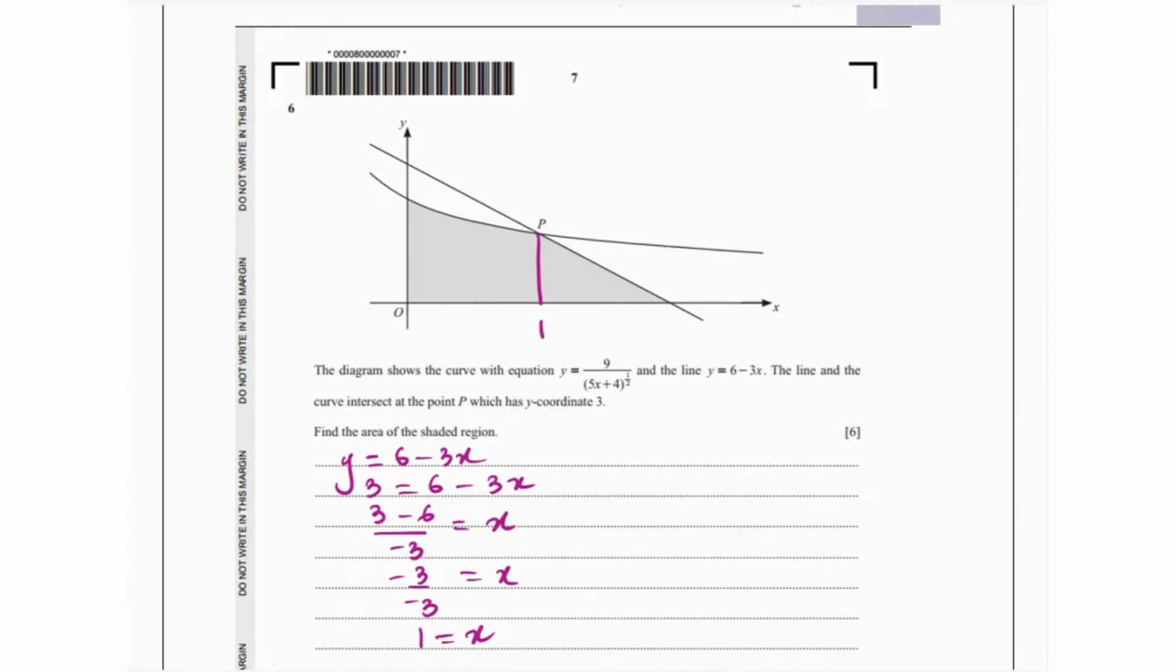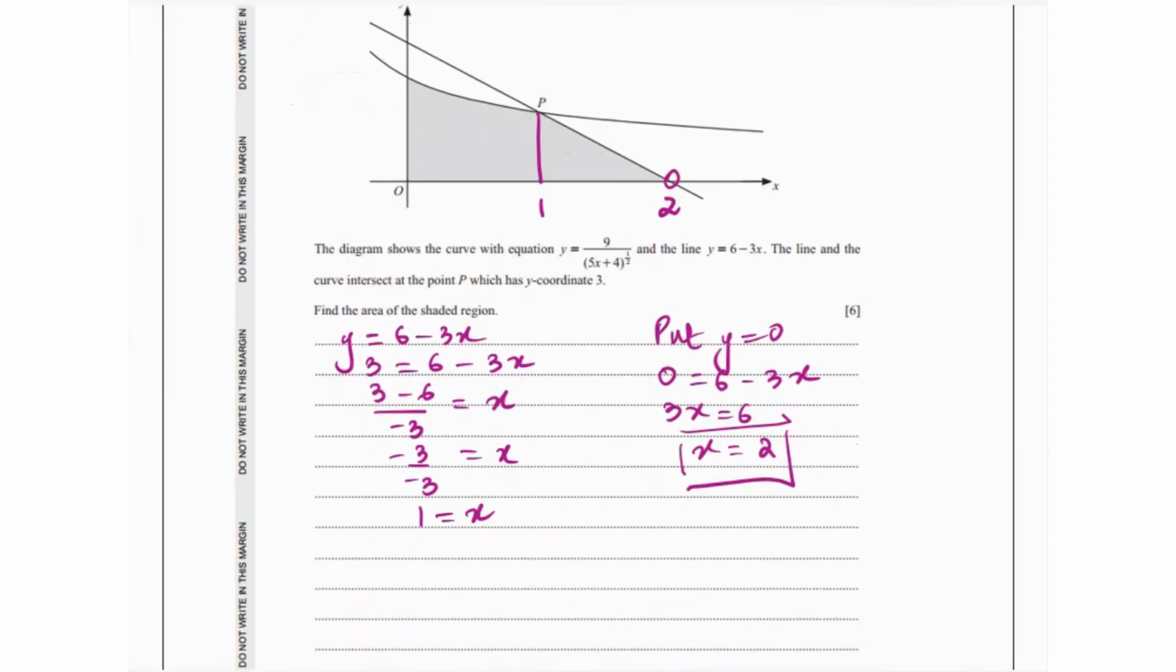And as we know, the line is passing through the x-axis, so we can find this point by putting y equals 0. So 0 equals 6 minus 3x. 3x equals 6, and x is going to be 2. Now,